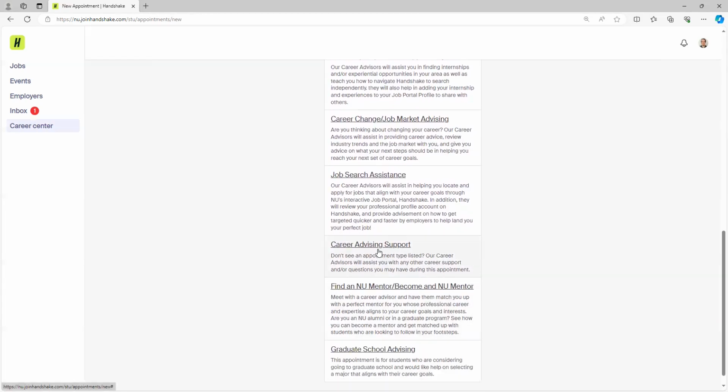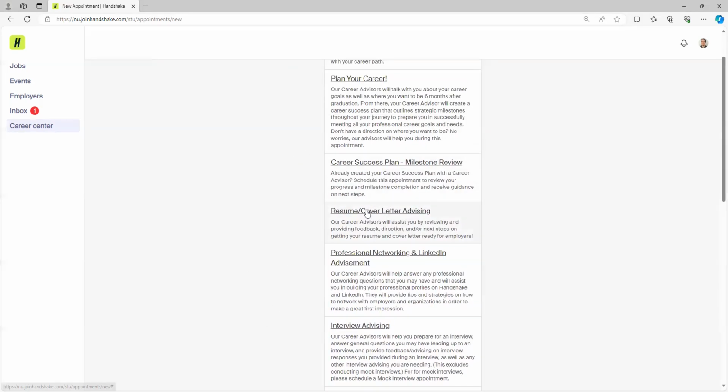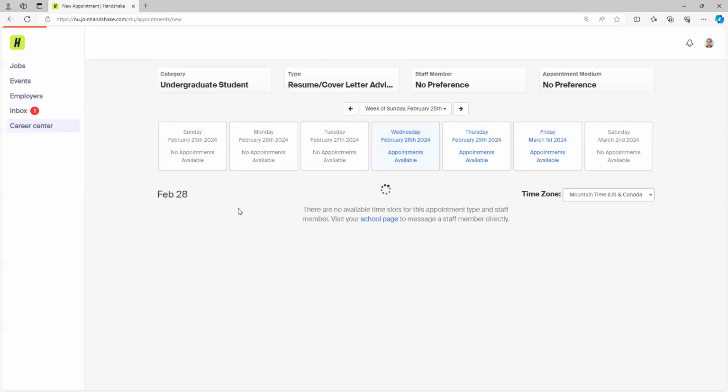support. There's a box at the end, you'll be able to describe kind of the questions that you might have for us, just to best help us be able to assist you and know kind of what we should be thinking about before we head into that appointment with you. So again, you could pick any of our appointment types here. Let's say you wanted a resume review, you can click on resume and cover letter advising, and this will open